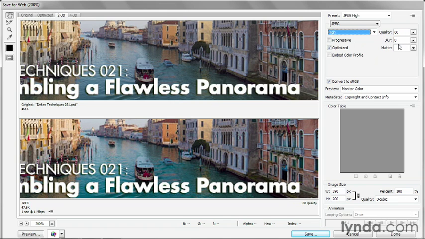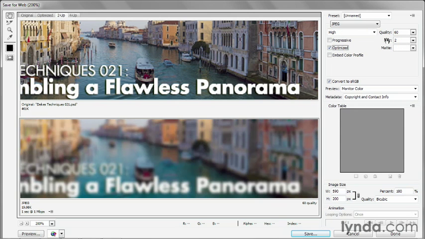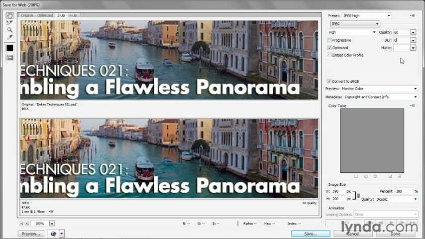The blur value, if you blur your image, you'll make it smaller. Notice if I take the blur value up to 2, let's say, then I end up taking that file size down to 19K, and that's because whatever the quality setting, JPEG is capable of compressing blurry detail better than sharp detail. But you don't want your images looking like this under any circumstances, so leave that value alone. And then matte is going to fill in transparent portions of the image with the matte color. Again, not an issue where this file is concerned. As I was mentioning in the previous movie, you want to make sure Convert to sRGB is turned on,